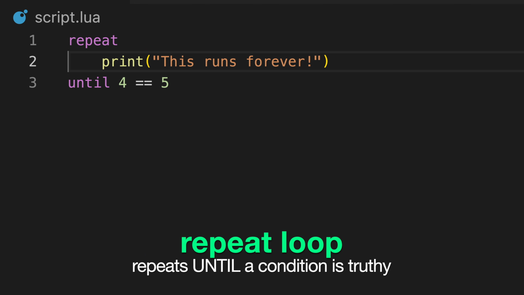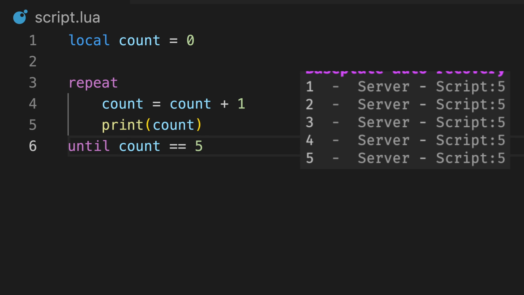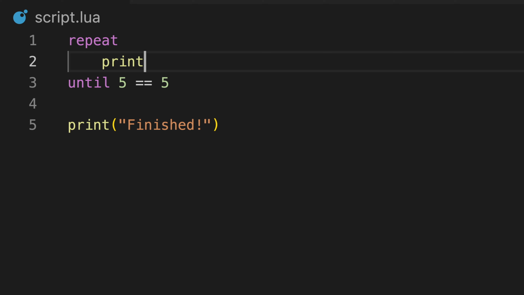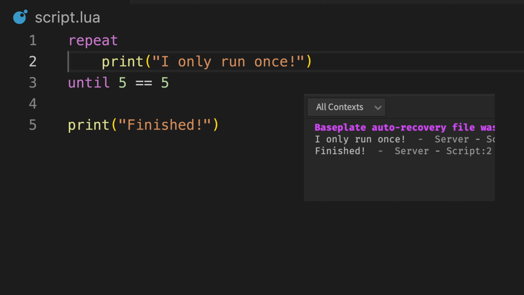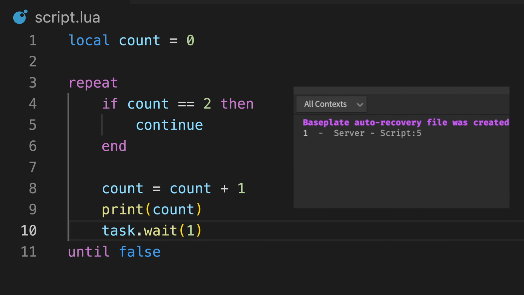Finally, a repeat loop can iterate until a certain condition is met and looks like this. For example, this script adds 1 to a variable and stops looping when it's equal to 5. Unlike the while loop, the repeat loop checks the condition after running the code block, rather than before. This means that code will run at least once before checking the condition. Just like the other loops, the repeat loop has its own scope for variables and allows for the use of break and continue.